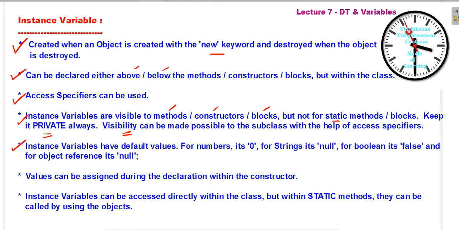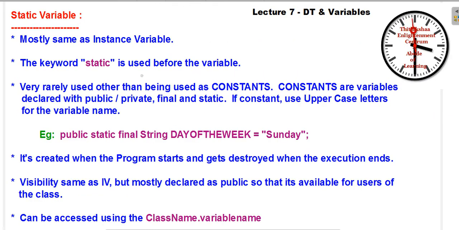Next one, we will see the shared variables or the static variable. Here everything is the same, and only the keyword static is used. Mostly it is used as constants, and constants means the value doesn't change, and constants are also always declared with uppercase letters. Say, for example, pi is 3.14, it will be constant. Similarly, the body temperature, if it is constant, it will be constant. So for constants the name of the variable should be given in uppercase.